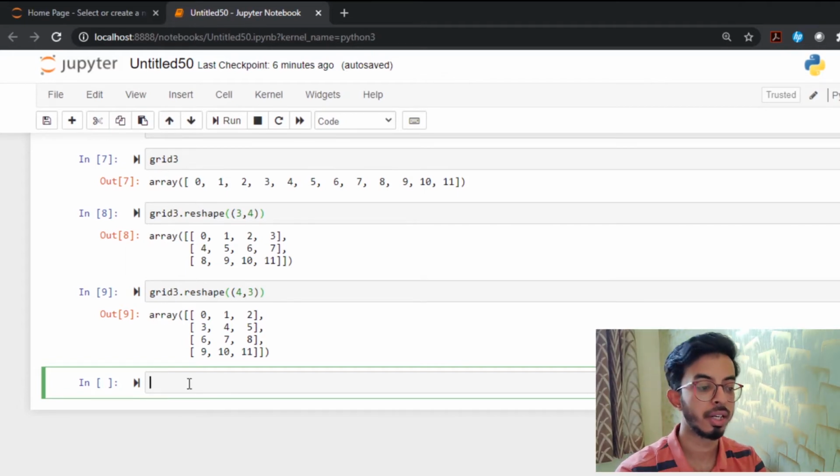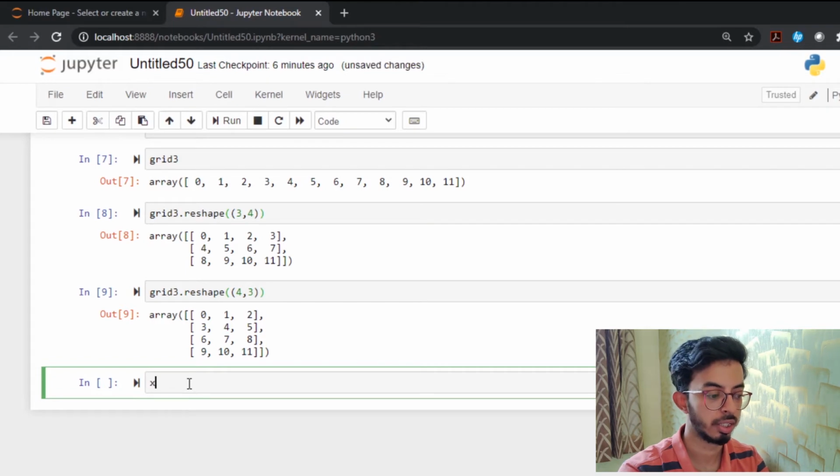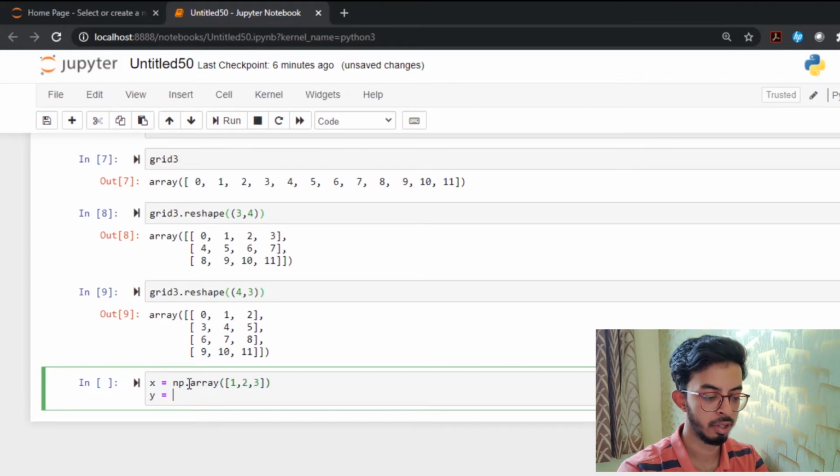So let us look at array concatenation and splitting, how you can concatenate two arrays and how you can split those two arrays. We'll create an array, np.array, and give a list here, 1 2 3. We'll create another array, np.array, with a list inside, 4 5 6.